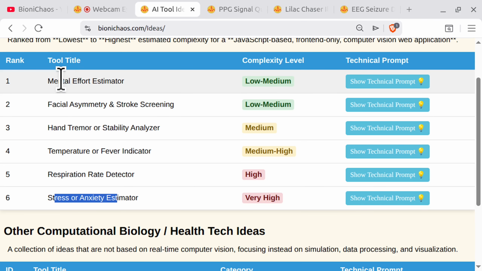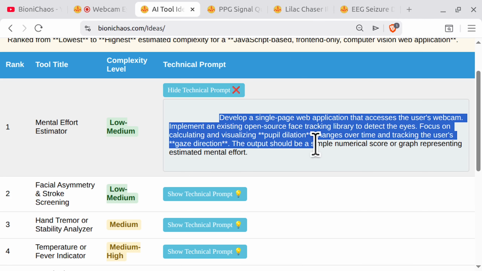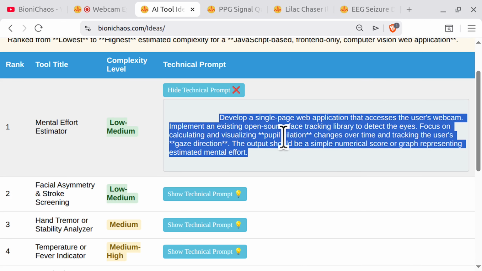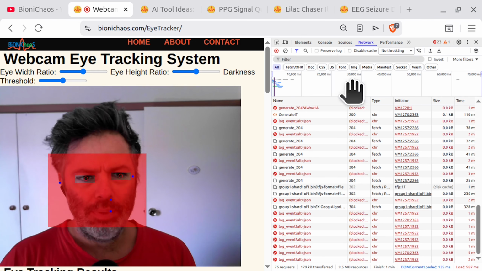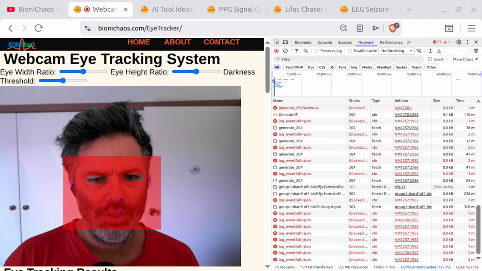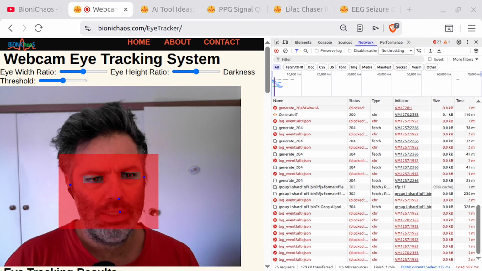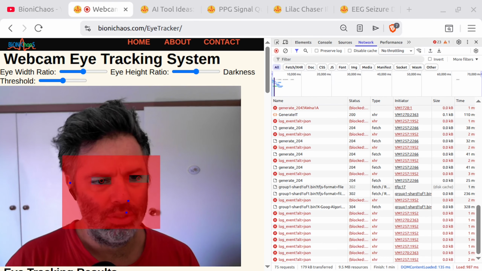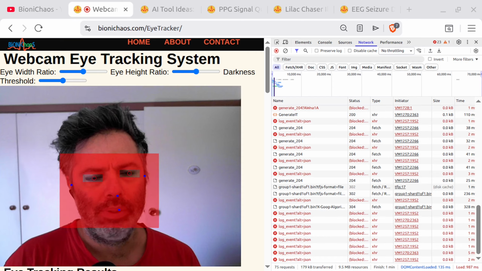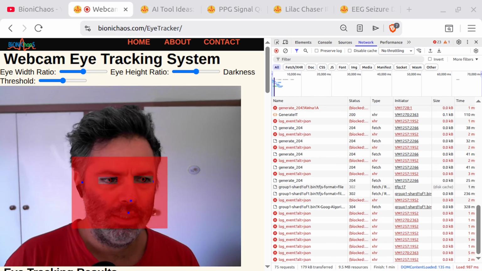The last one is similar to the first one, but the last one takes many different metrics, so it's a much higher complexity. The first one is essentially just taking your pupil dilation. But with a tool like this one, I cannot do pupil dilation very accurately, because it's barely doing the pupil detection. So if I'm doing a more complicated tool,